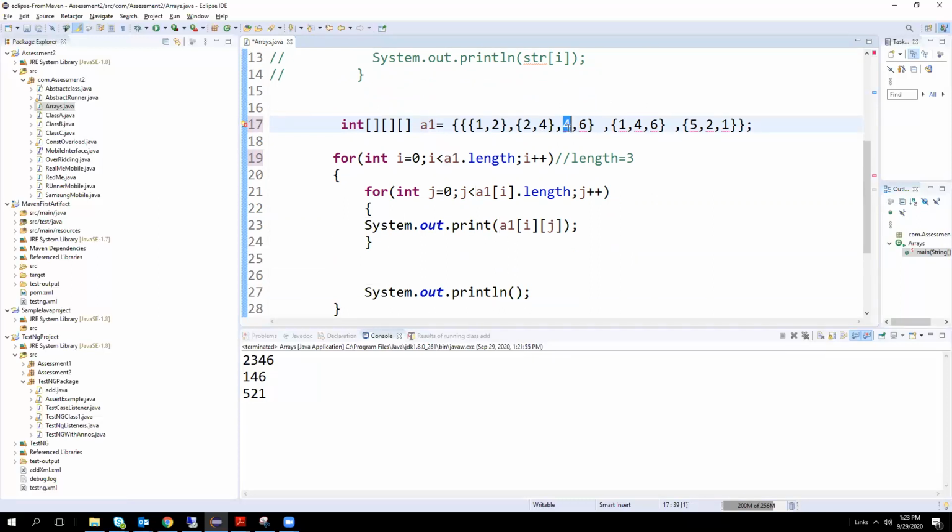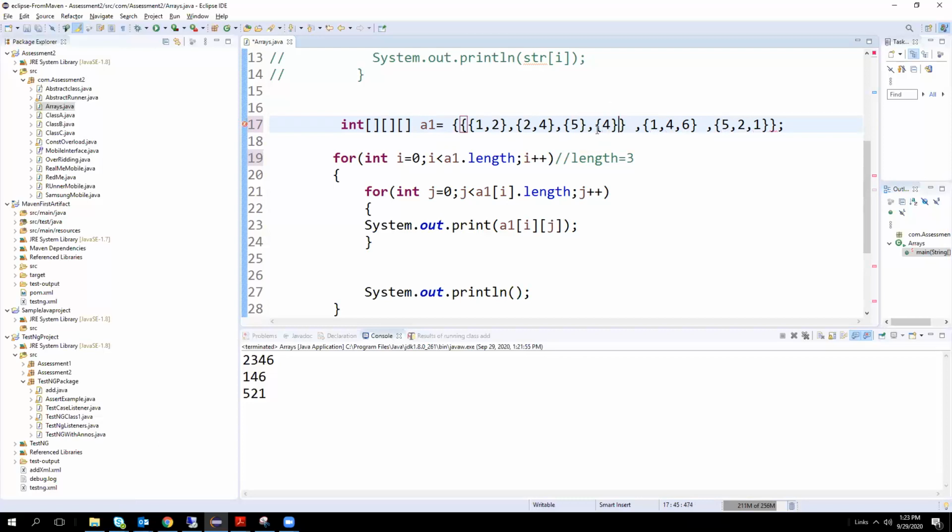In the same case, if I add a flower bracket in front of the first array and at the end of the last, it will be taken as a three-dimensional array. But there is no use of using an additional array, no?